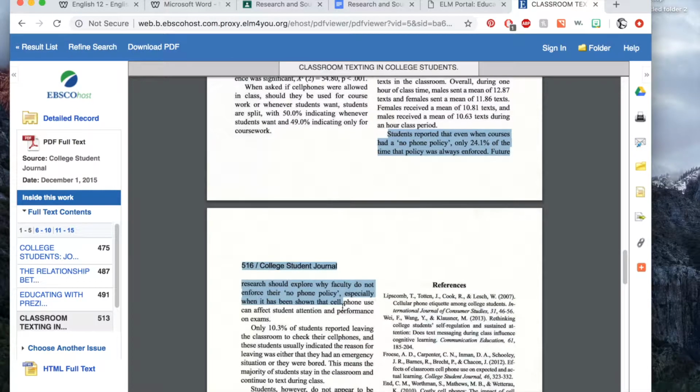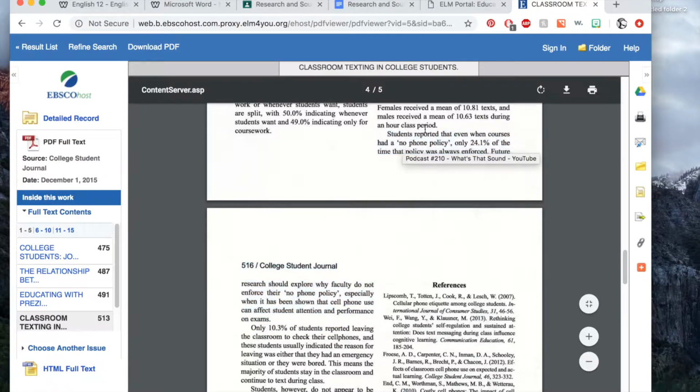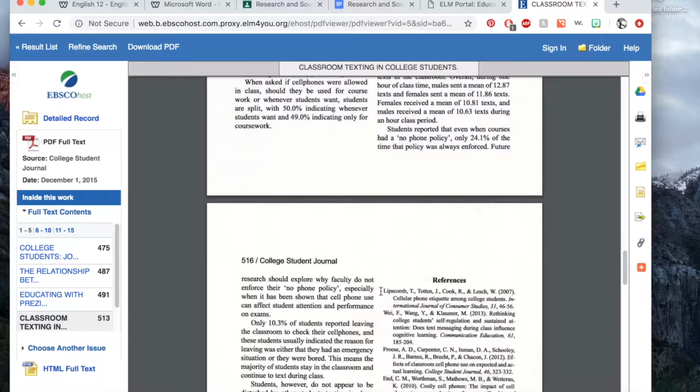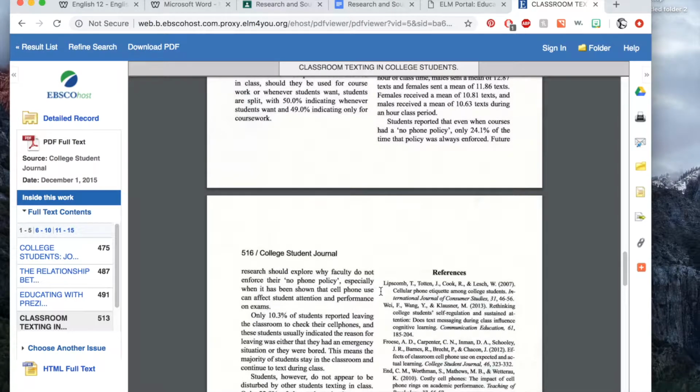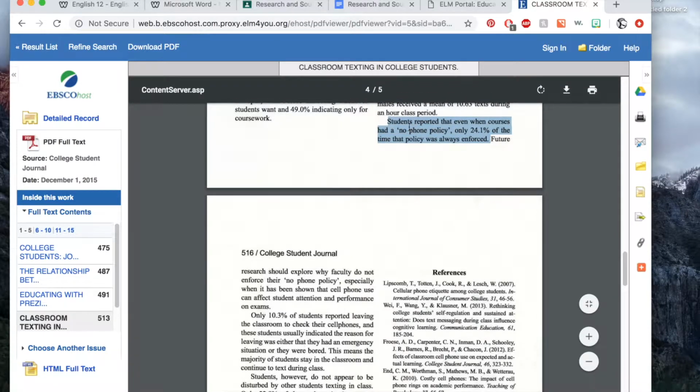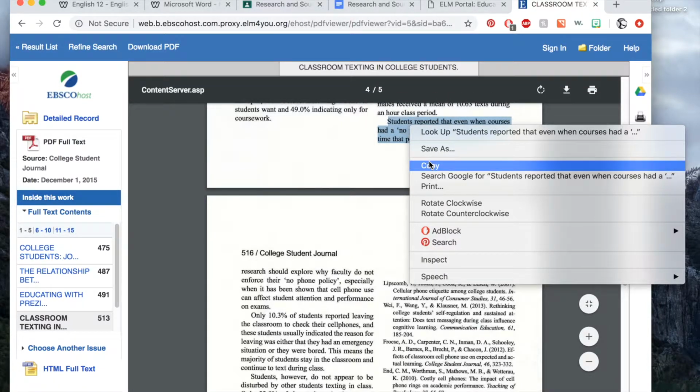So this looks like an interesting paragraph right here. Students reported that even when courses had a no phone policy, only 24.1% of the time that policy was always enforced. Future research should explore why faculty do not enforce their no phone policy, especially when it has been shown that cell phone use can affect student attention and performance on exams. So I'm going to take this one statistic